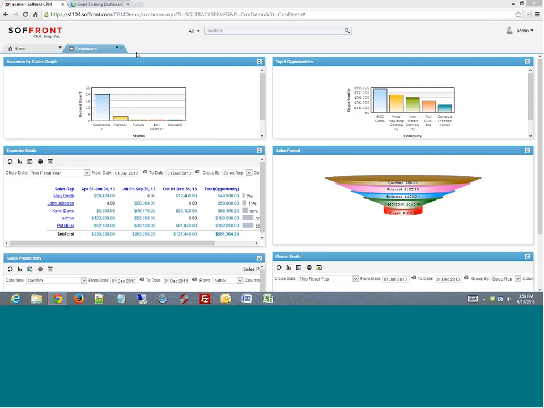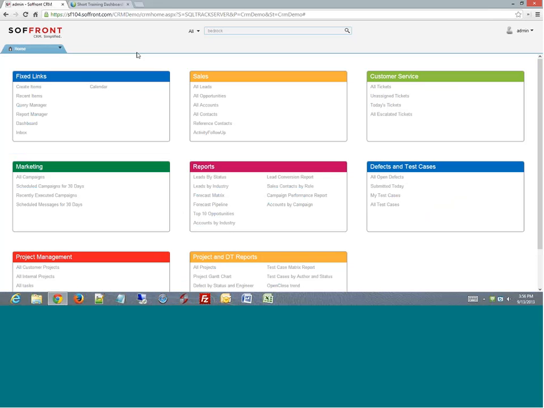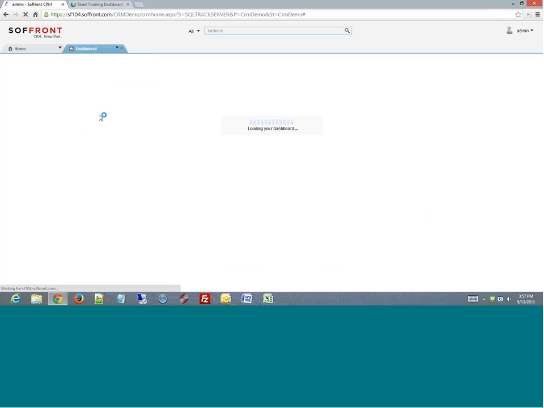Now let's quickly close this down and see where to access this dashboard from. Dashboard is available as a link on the home screen under the fixed links. If it is not available there, you can always click on the plus sign over here to add the dashboard as a fixed link. So you can click on the dashboard, which would open up a dashboard